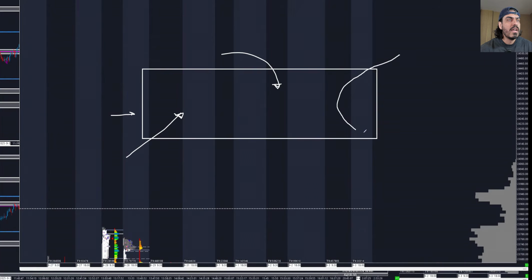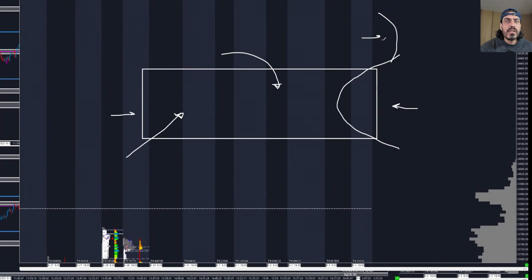So consider this, right? If the balance itself is multiple high volume nodes stacked together, that's heaviness of volume. It's typically difficult to move into areas like this, and it's very easy to move into areas of low volume. So instead of me looking for any kind of move inside or outside of the balance, I generally want to look for a move inside of a very thick balance to continue that momentum. Now you might be thinking, well, okay,